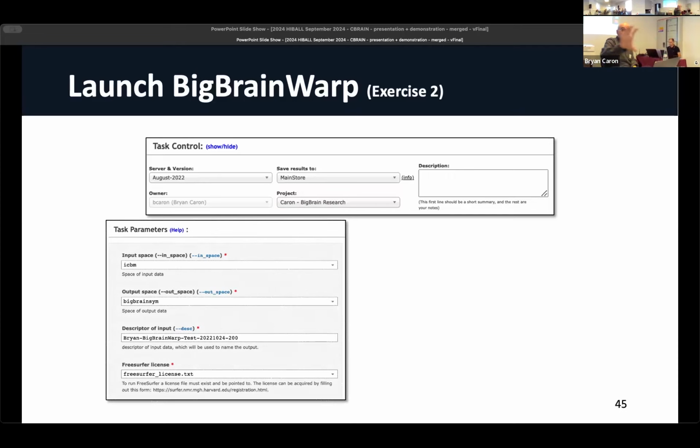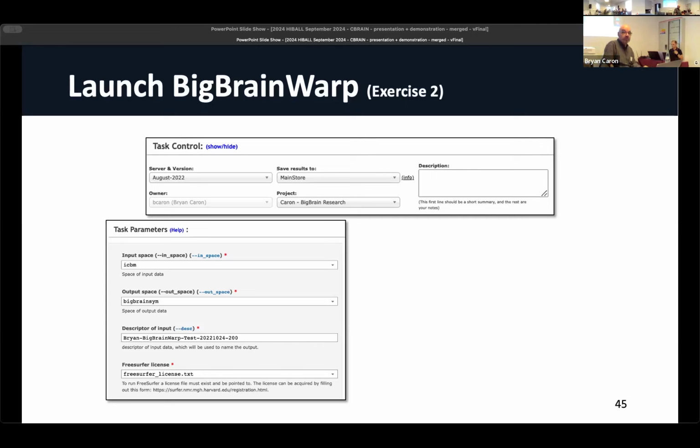So that's the task control part. That's the part that manages the workflow within the CBRAIN point of view. But next, you're going to get the set of parameters that the tool is expecting. If you're running this in the command line, you're typing all of the different flag options and menu choices, which would be written down in some documentation or in a help page or on the GitHub documentation for the tool.